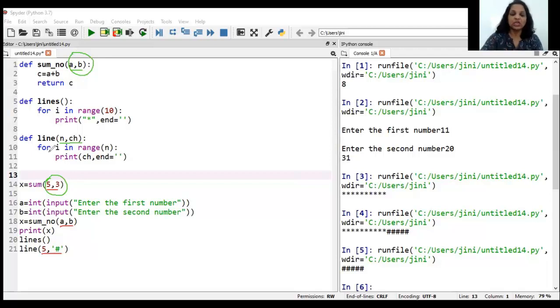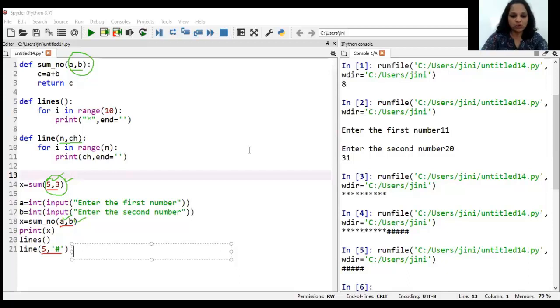Second difference is your actual parameter can be constants like this, the 5 and the 3, can be variables like this, the A and the B, and can also be expressions. Can also be expressions means what?